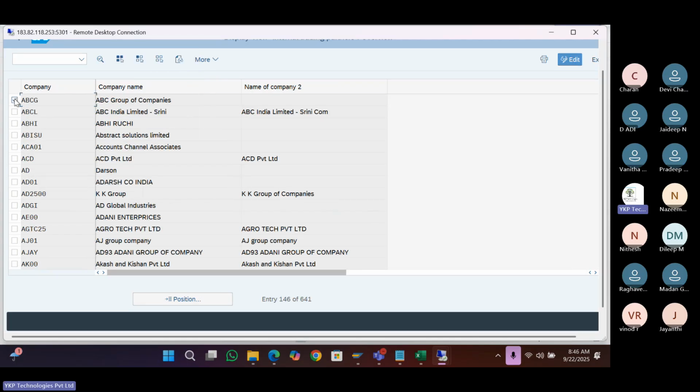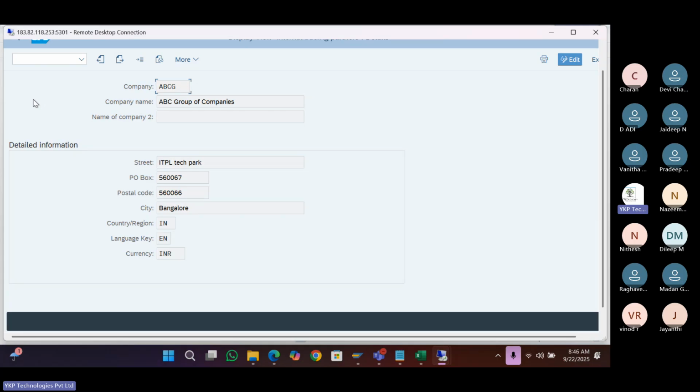If you want to see what addresses you have given, just double click on that. Either you can select and double click, or place the cursor and double click, and it will open. It will open the data, whatever you did. So if you want to change it,